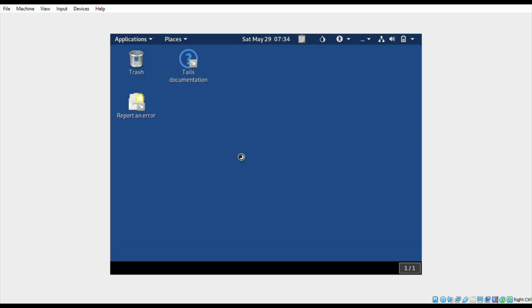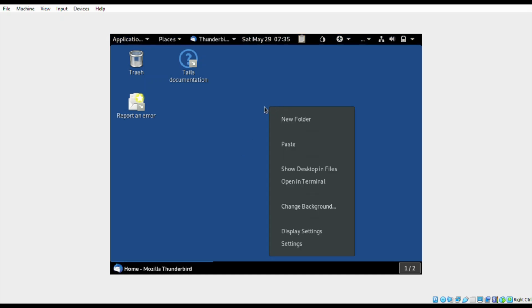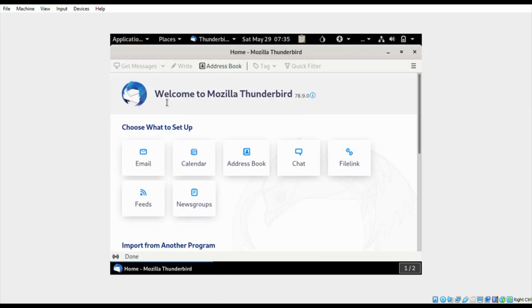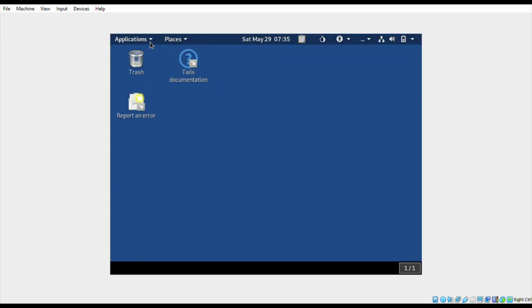Let's see the email. This is the most secured email to date. None of the data is read by anyone, it is completely end-to-end encrypted. This makes this email the best one. This Thunderbird email is free to use and can be used to email anyone. Simply create an account and use it for privacy.